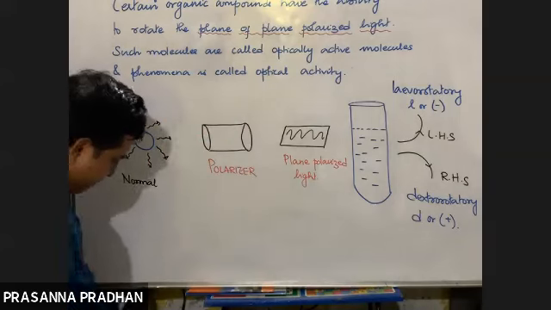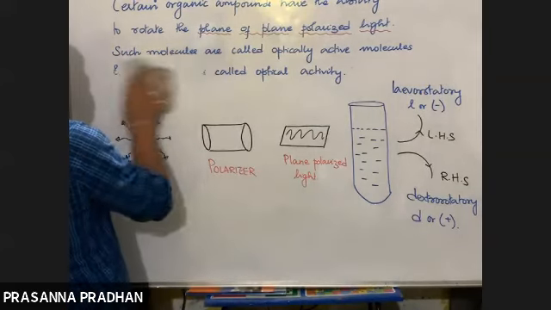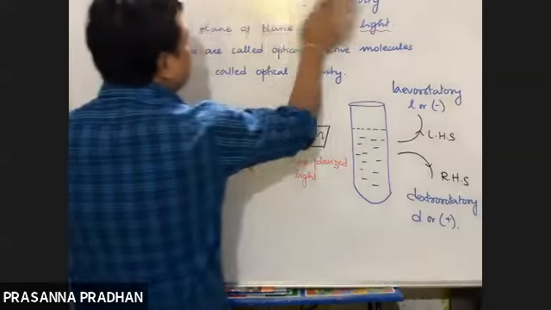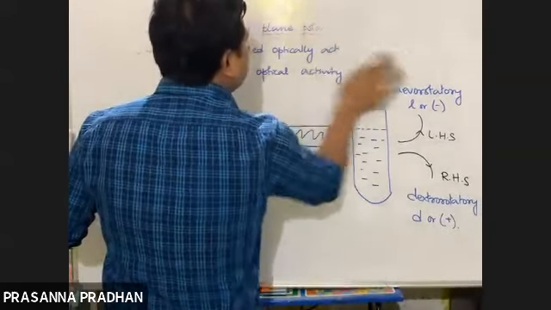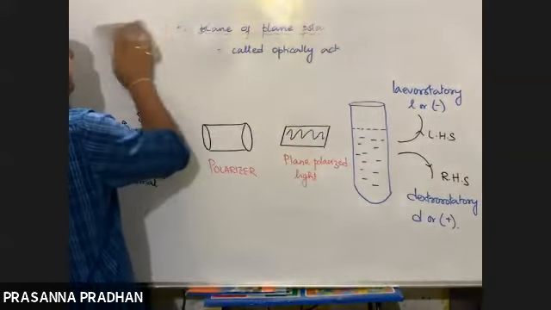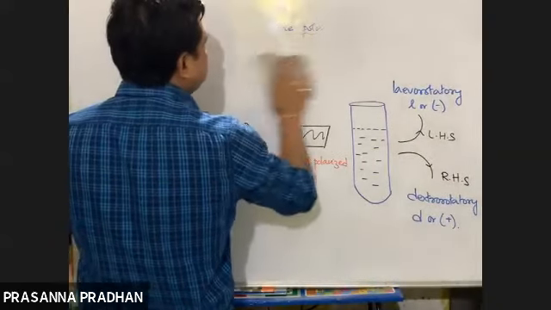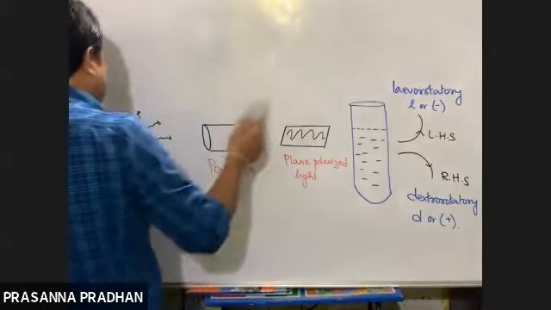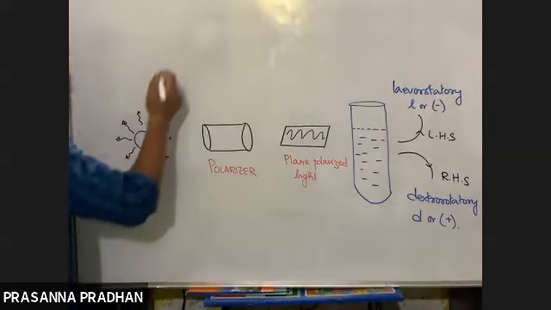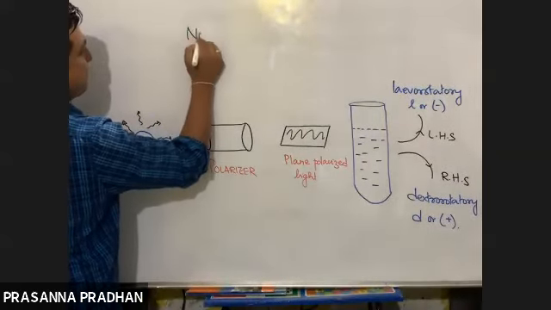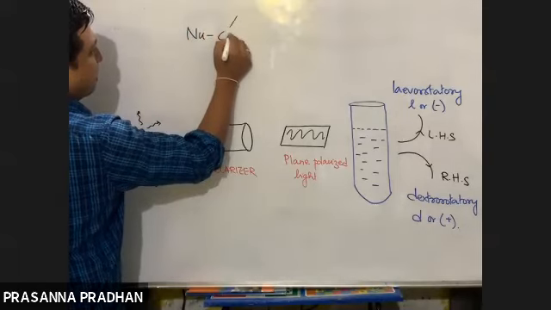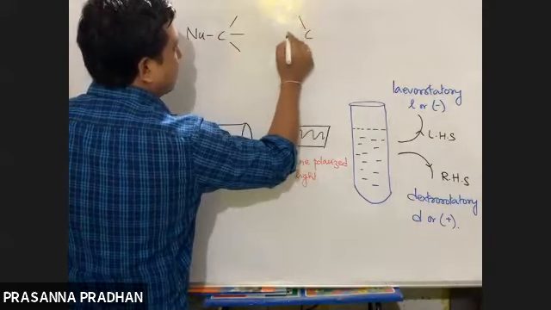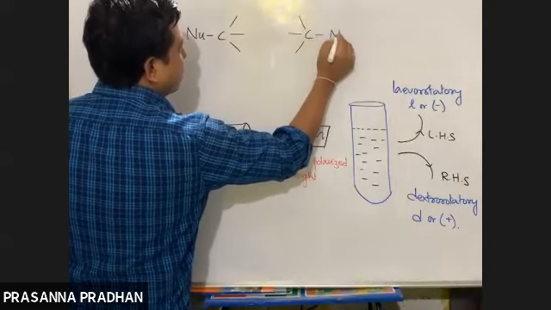Okay, now in an SN1 reaction, what type of compounds do we get? We get a mixture of two enantiomers. We get a racemic mixture. So what is a racemic mixture? Racemic mixtures are those which contain equal amounts of two enantiomers. So we got this type of mixture. We got this inversion of configuration. We got this retention of configuration.